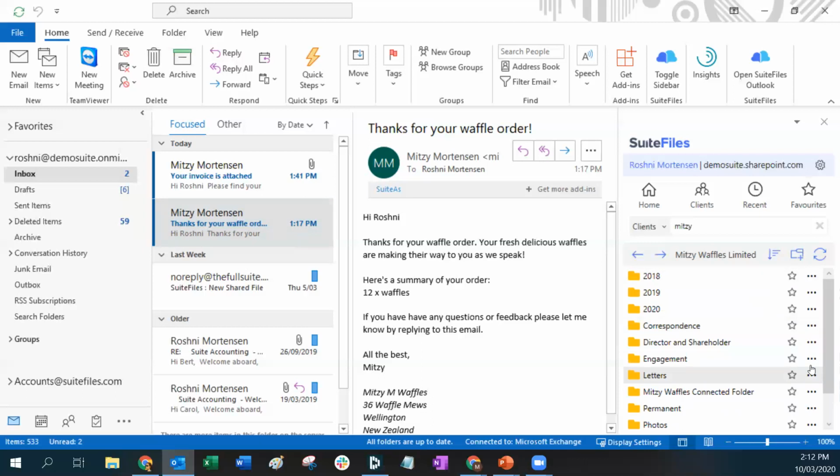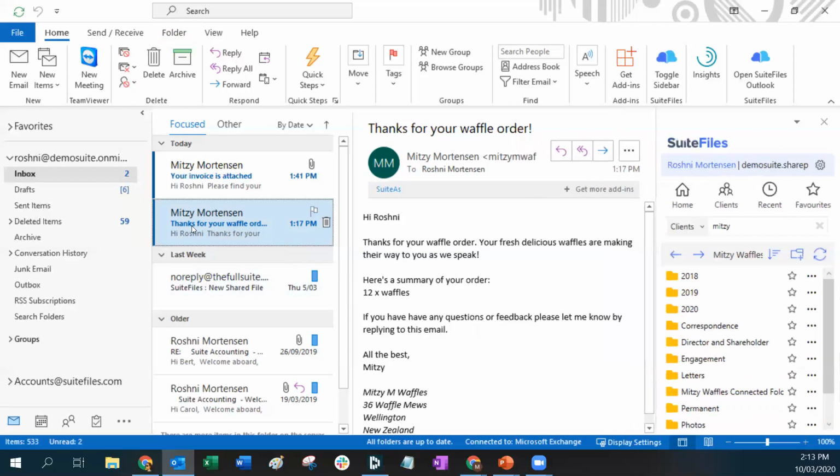Now, in terms of what else has changed is that we have the new Autosave emails functionality. So what that means is that when you are sending an email, maybe to one of your clients, you'll now see a little checkbox that says auto save all emails in this conversation. So we'll use this email as an example. We've got this order confirmation that's come through, and when I reply,